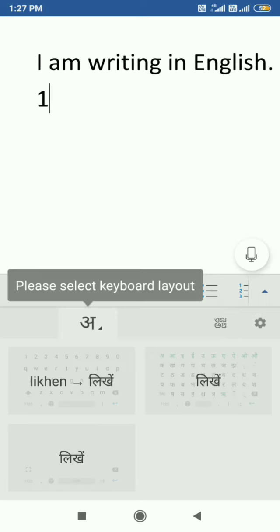Just click on OK. Now it is asking you how you want to write. Here we have Likhen. Likhen means you are typing in English, but it will convert your English to Hindi. You can use any option that you want. I prefer this Likhen, your first option. Just click on it.